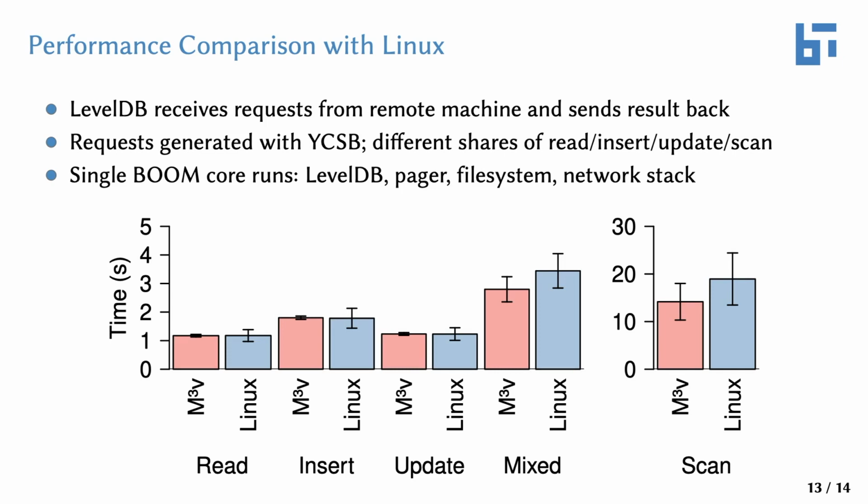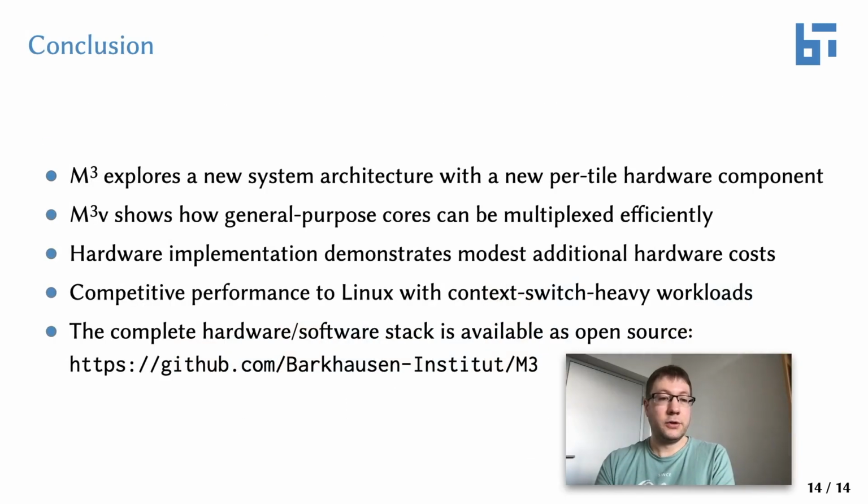And scan is a bit different here because scan is very memory intensive, and we believe that the reason for this difference is that the L1 cache is rather small here with 16 kilobytes only, and Linux has a much larger cache footprint than M³v, which explains these differences here. But overall, you can see that we have competitive performance to Linux despite these lots of context switches that are happening on M³v. In conclusion, M3 in general explores a new system architecture with a new pair-tile hardware component, the